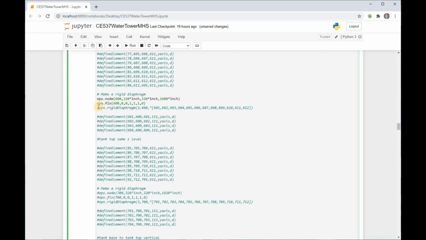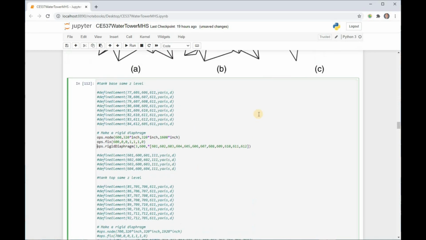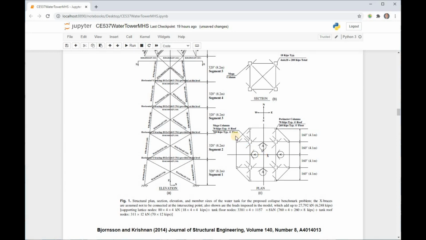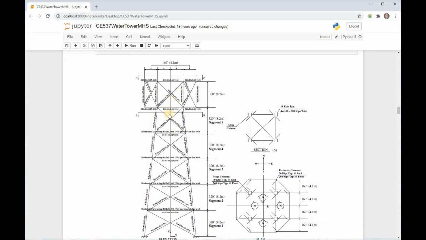All right, and then fix the Z translation and X and Y rotations for that node, right? Because we want this to move as a rigid diaphragm within the XY plane, all right? So, vertical motion of that node, i.e. up and down right here,